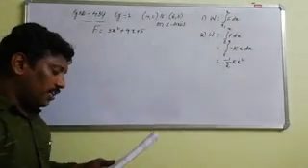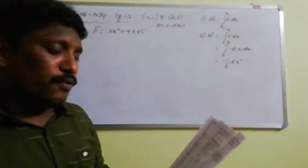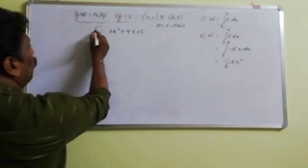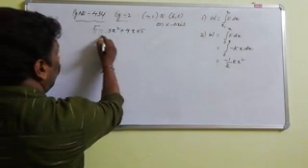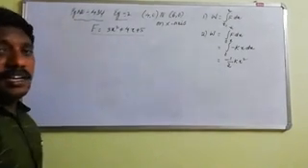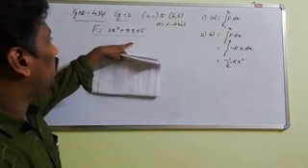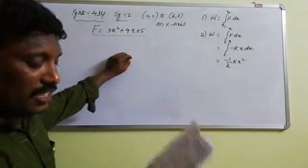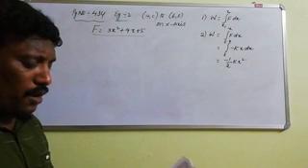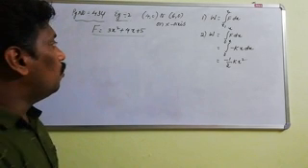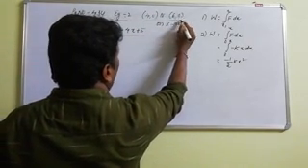So you see this question: the force acting on a particle is given by the force F. This force F is equal to 3x square plus 4x plus 5. That means how much force is applied is given as a function of x, 3x square plus 4x plus 5. And another thing in the same question: find the work done on the particle by force F when the particle is moved on the x-axis from (4, 0) to (6, 0).